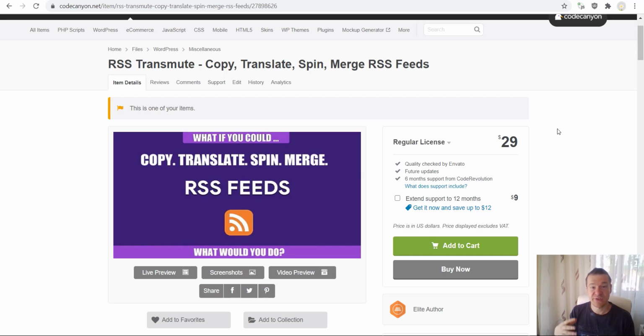Another thing that I want to point out here is support pricing, which can be a bit unreasonably priced. We have here this $29 item, and the customer can extend support with 6 months of additional support, because they have 6 months included in this price, and they can extend it to 12 months by paying this amount of money. However, this is okay, but for